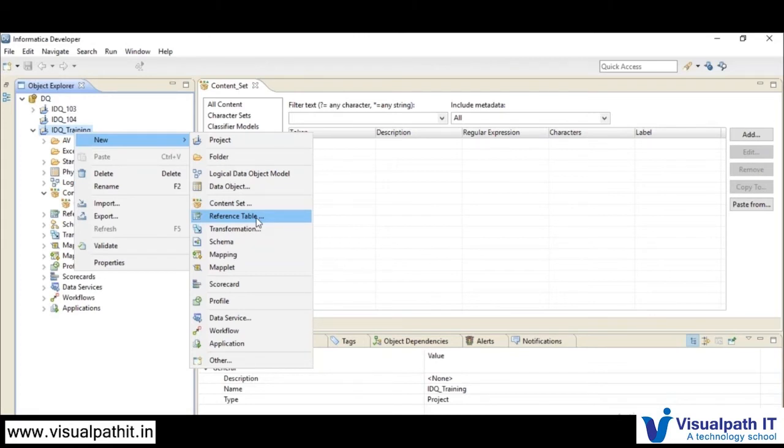This reference table data is for whenever you have to maintain some information as a reference across your application. Let's say you have business units in your project, and from the source system you are getting short forms, a two digit value, and you want to maintain descriptive information in your target.